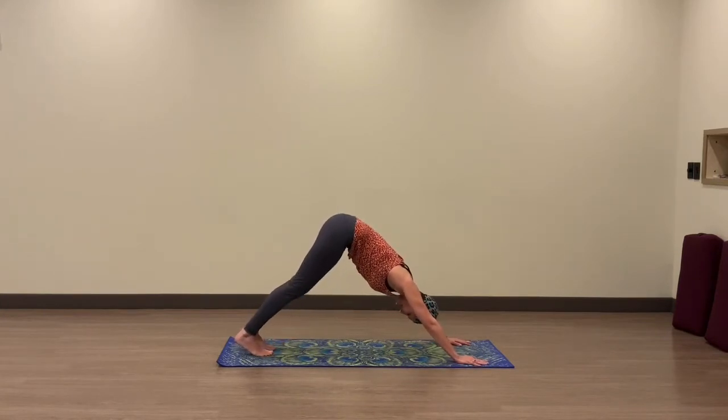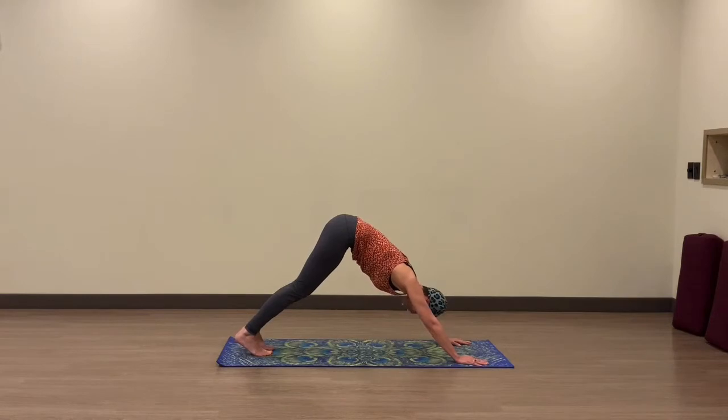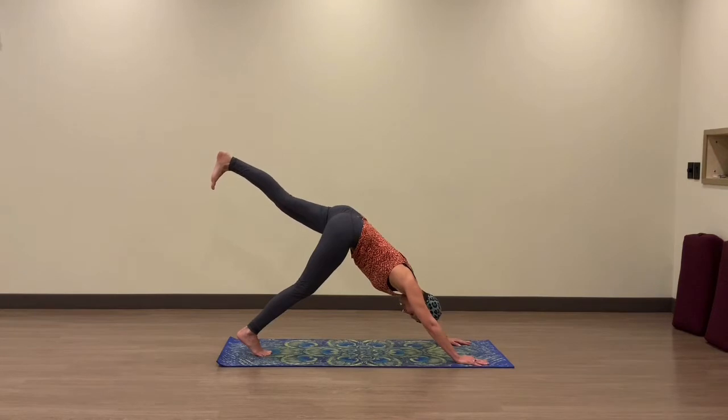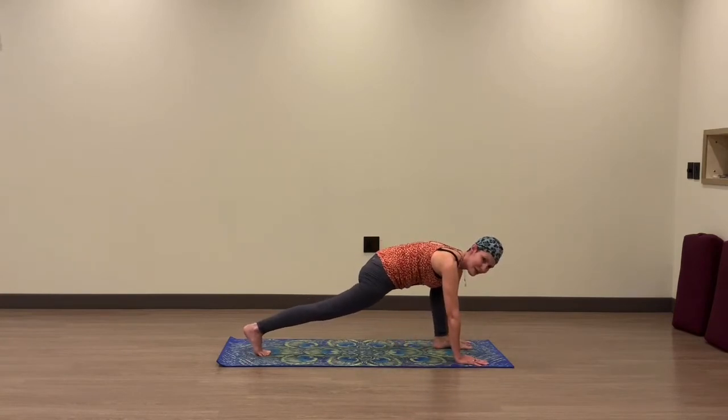We've been here, your body knows what to do. Just bring your awareness to your tailbone. Make sure it's reaching to the sky. Just 2 more breaths. Release your shoulders away from your ears. On your next inhale, whatever that is, inhale your left leg up. And then go ahead and step it through with both hands, taking as many little baby steps as you can